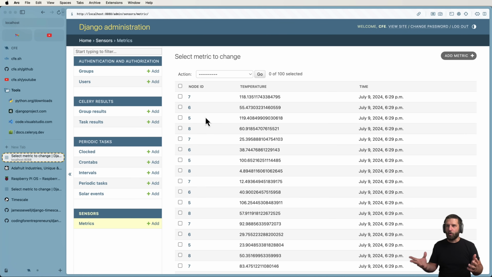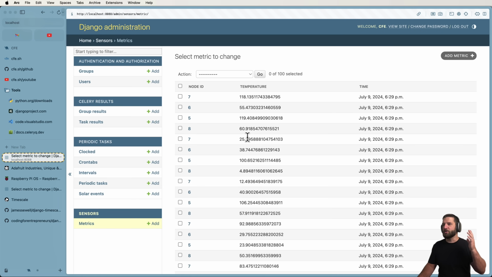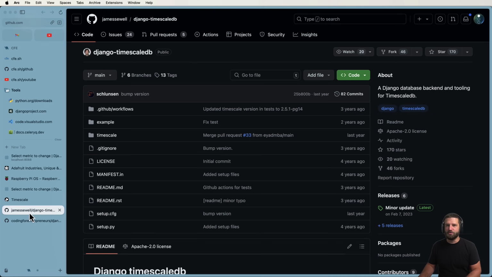So the next step, of course, is going to be visualizing these things. So we actually want to take this data, do some querying, and actually start visualizing it. Now, the querying of this data is going to be sort of nonsensical. It is going to have the time series thing, so we'll learn a little bit more about how to do the querying inside of Timescale with Django, and specifically the Django-Timescaledb package. But the idea here is we're using not really good data because it's all random. It's random between a pretty big range, but we can still see what's happening with that data by using the things that